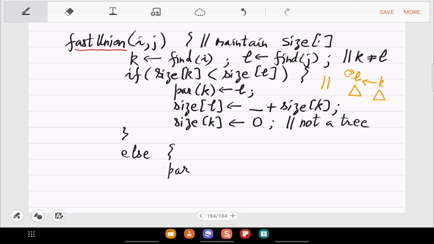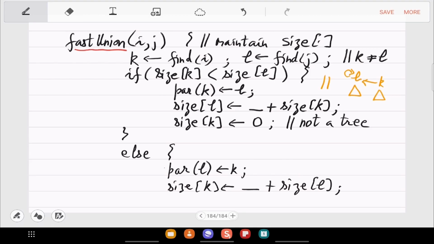So just flip L and K. So parent of L is K. Size of K is incremented by size of L. And after that you assign size of L to 0. Yeah, so that finishes the else, and it also finishes the code.